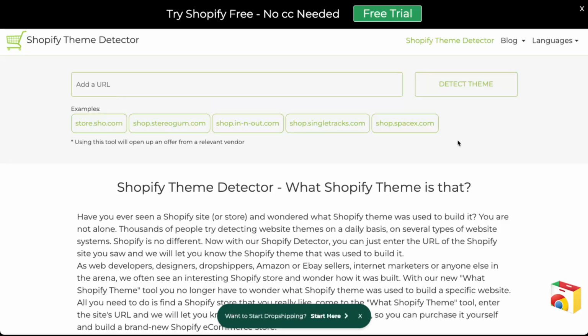This will typically include the name of the Shopify theme and sometimes whether it's a standard Shopify theme or a custom one. From here, you can search for that theme in the Shopify theme store or use it as inspiration for your own design. And that's all there is to it. By using a simple Google search and a free online detector, you can quickly find out